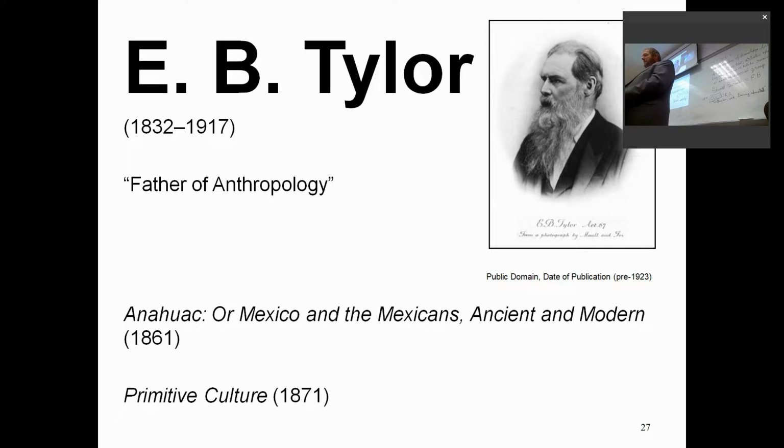But that's where he went. He went down to that region. I think he went to southern Mexico and Central America. Well, I know he went to Central America, but I also think he was in parts of Mexico. Why? Because he wrote about it. He wrote a book about it called Anahuac, or Mexico and the Mexicans, Ancient and Modern. Although no, I don't think we would consider the 1860s to be very modern in Mexico now. But anyway, at the time it was modern. When he was living, it was modern Mexico.